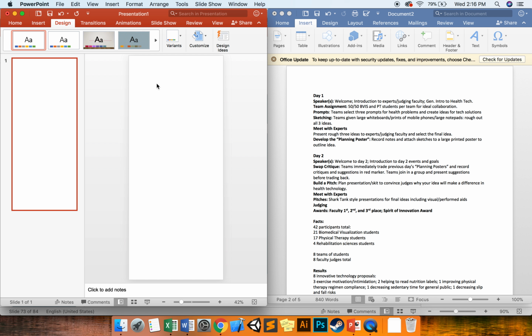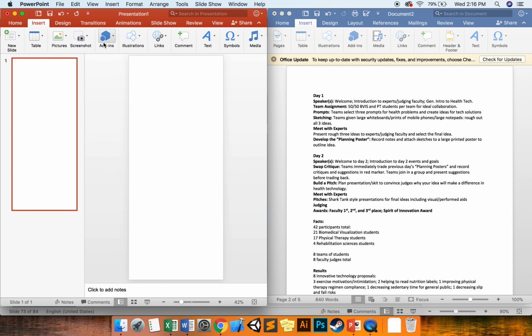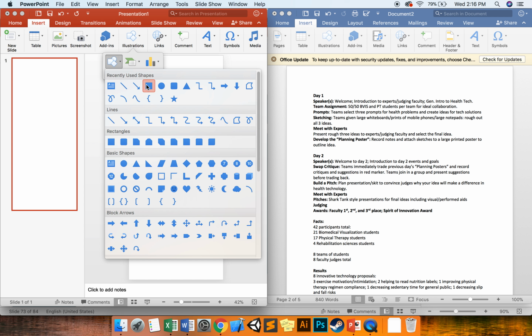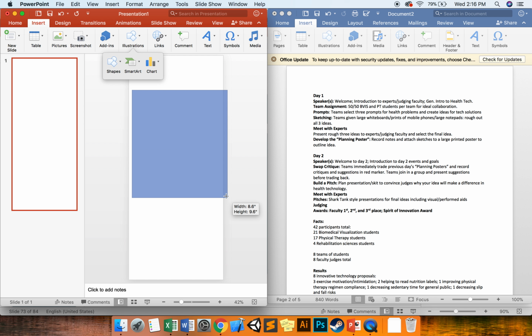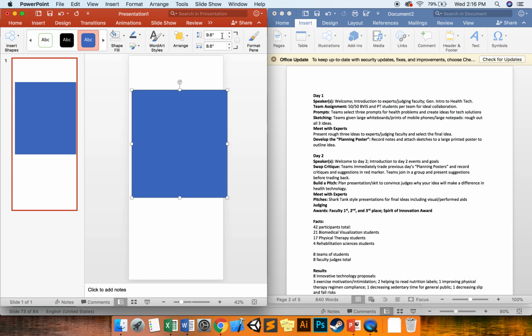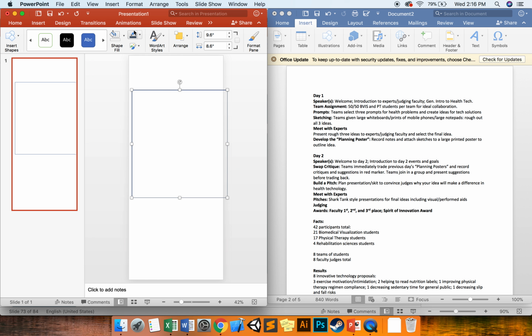So remember, with this stage of wireframing things, you want to look at it from the big picture and then go in. So I'm going to say insert. The first thing we're going to do is insert really basic shapes. So in illustrations, shapes, I'm going to pick a box, and I'm just going to draw out a box really quickly. Remember that the best way to organize these wireframes for yourself is to do really simple black and white